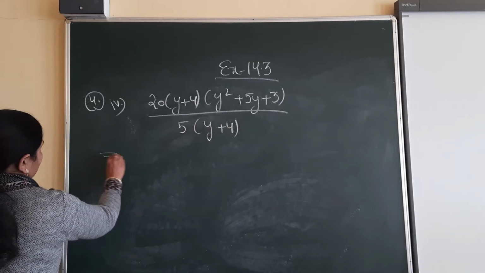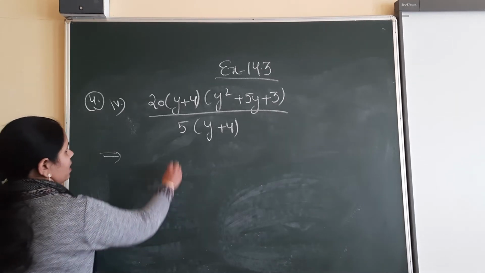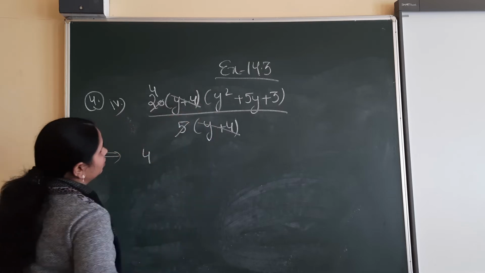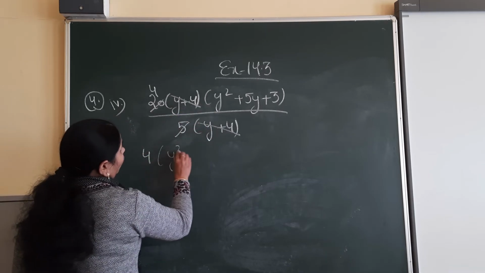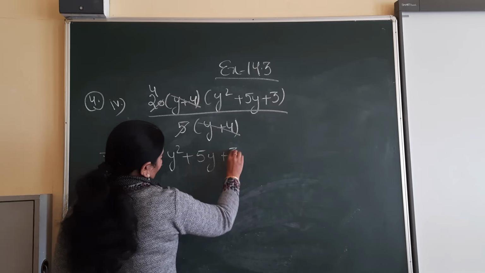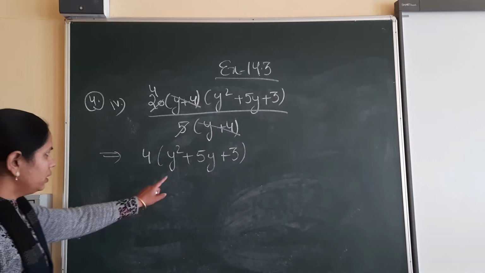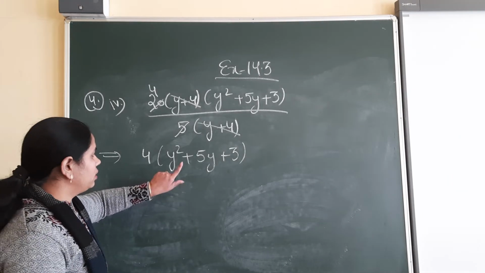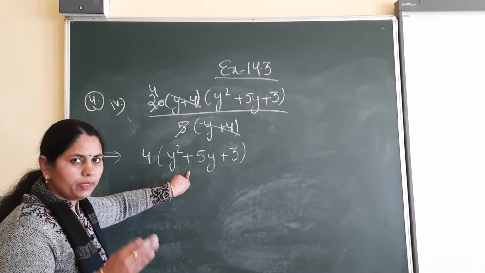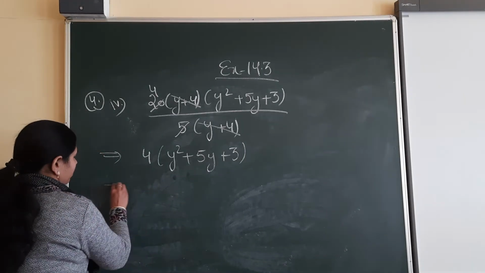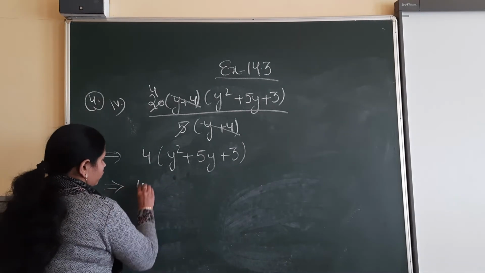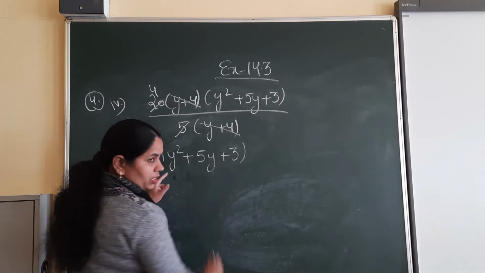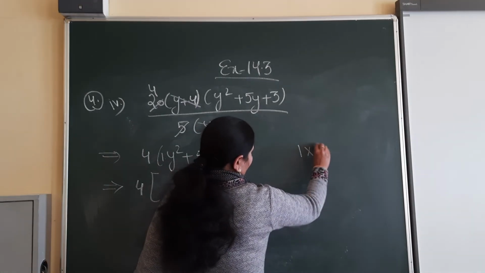Okay, so now in the second step what can we do? We can cancel out 5, 4, 9, 20. So right here 4, this bracket is cancelled out. Now we have only y square plus 5y plus 3. This expression is based on factorization, and this one we will do by splitting the middle term. I told you in the previous exercise, last question, right here, how to do it. Here the coefficient of y square is 1 and the last number is 3. So multiply them. 1 into 3 is 3.